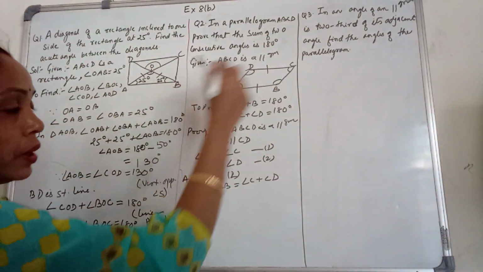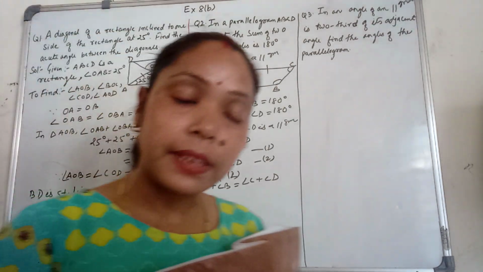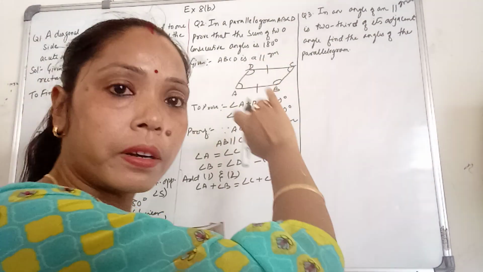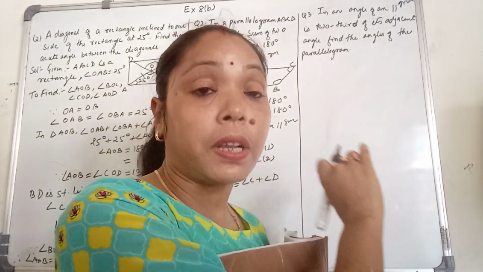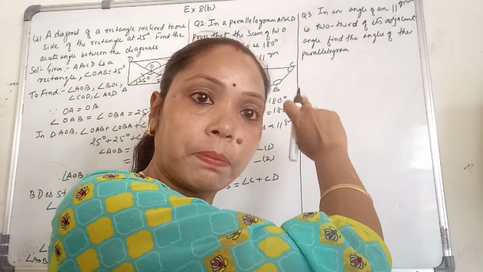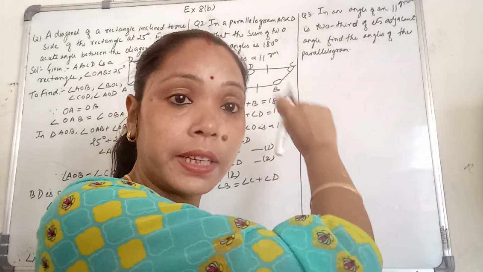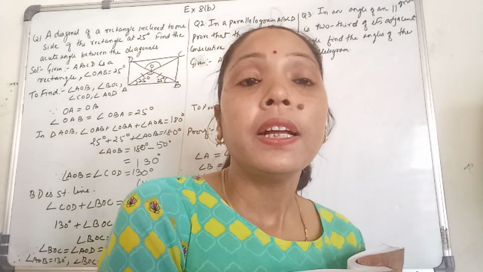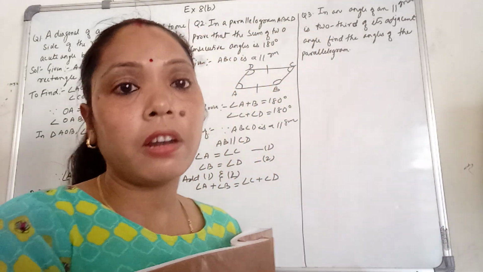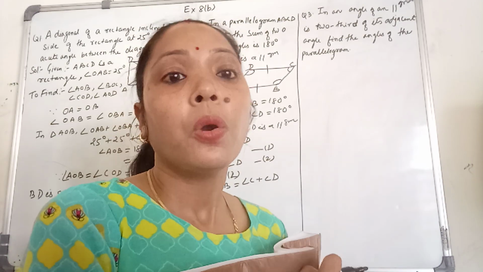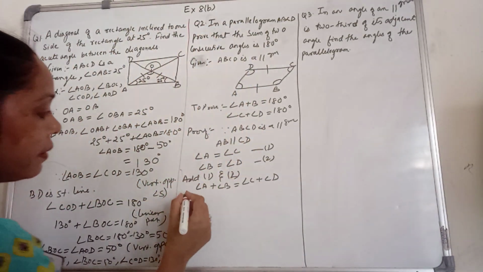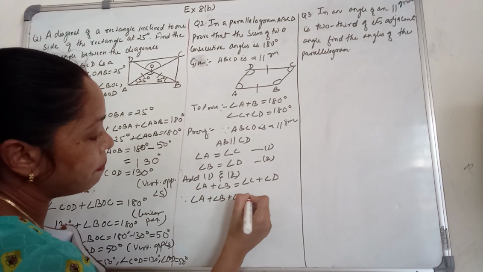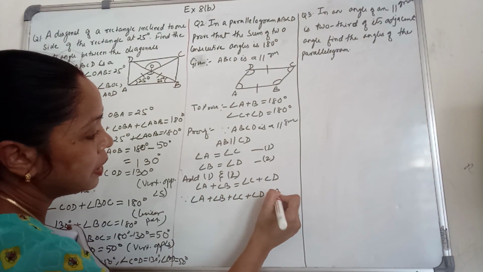After that, we note the property of a quadrilateral, that is, the sum of the angles in a quadrilateral, or now you can say parallelogram also, because parallelogram is a special type of quadrilateral, the sum of the angles will be 360 degrees. So we can write, since angle A plus angle B plus angle C plus angle D is equal to 360